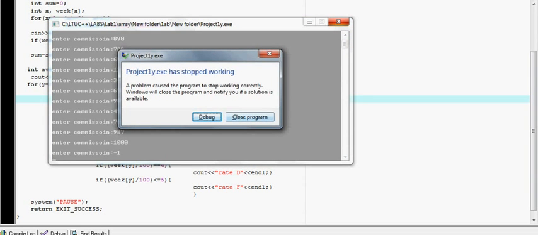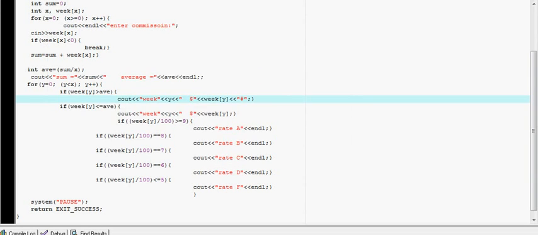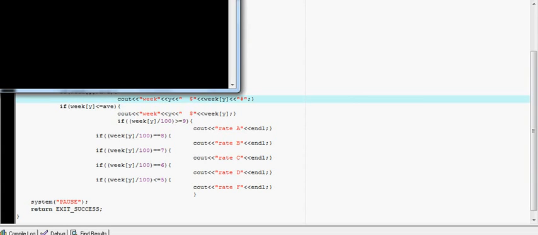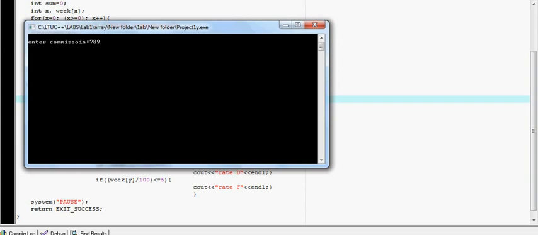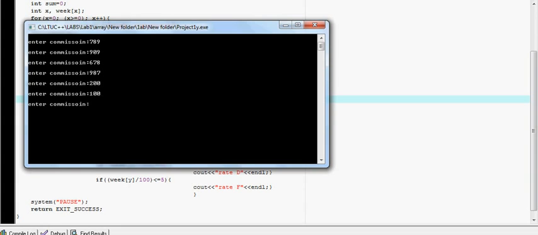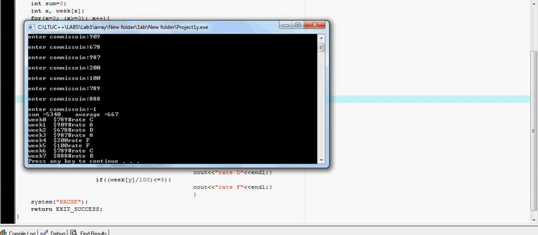Why does it do that? It's supposed to be continuing on. Well, you know what? Let's just do one more. We'll just do 3. Okay. 8, 0. Oh shoot, that's too much. And 200, 100, 7, 8, 9, 888, minus 1. Okay. So as you can see, this is still a B, still an A, D, A, F, F, C, B,